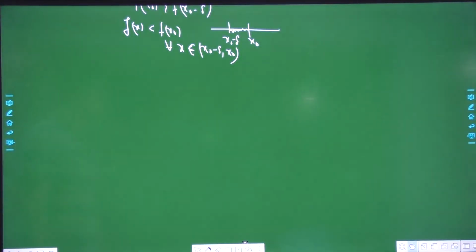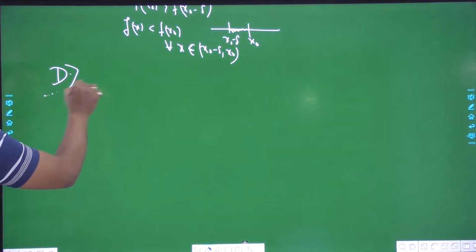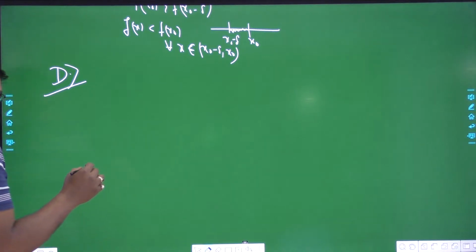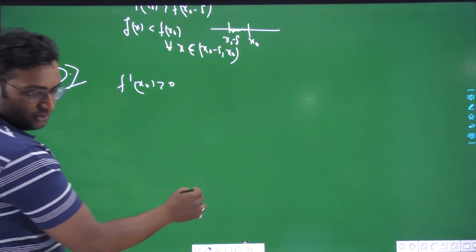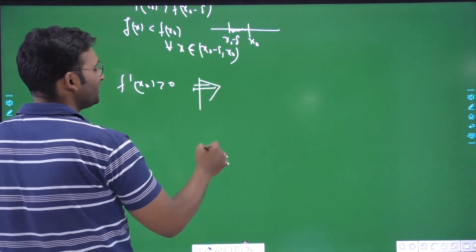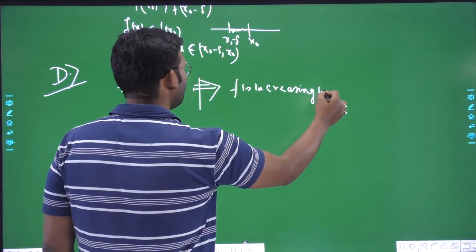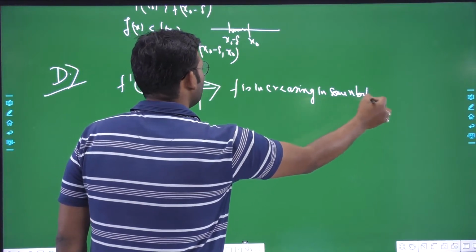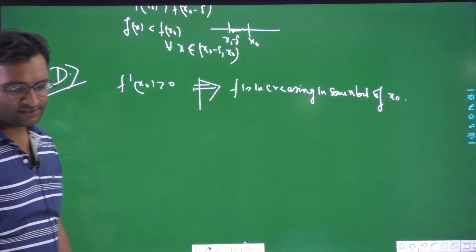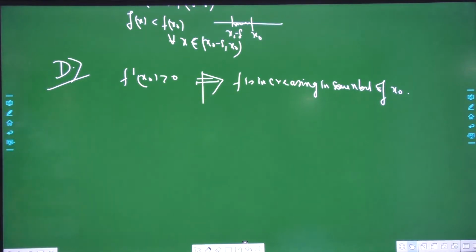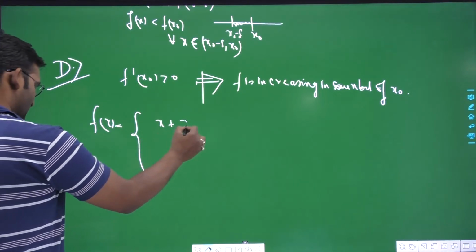Okay, so by the mere definition of differentiability, option number C will be true, and for option number D, there is this classic example that can serve to reject this particular thing: whenever your f dash x naught is greater than 0, it does not necessarily imply f is increasing in some neighborhood of x naught. This is a very standard counter example that we have already done in our classes. So it does not necessarily imply that f is increasing in the neighborhood. So as an example, write down f of x equal to x plus x square